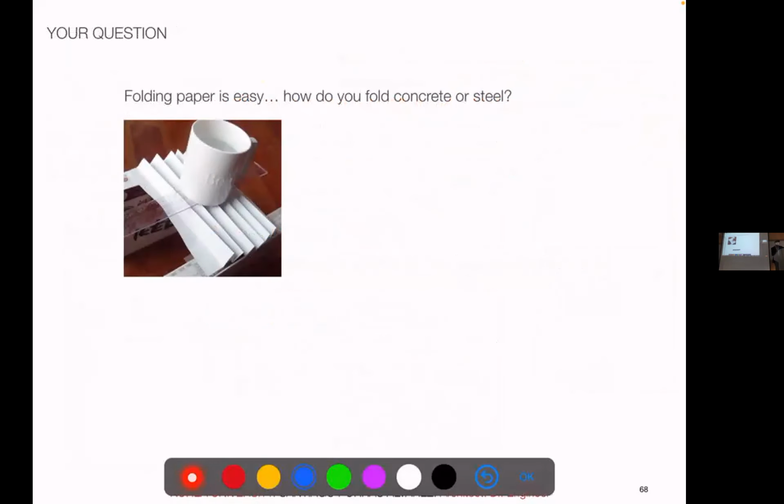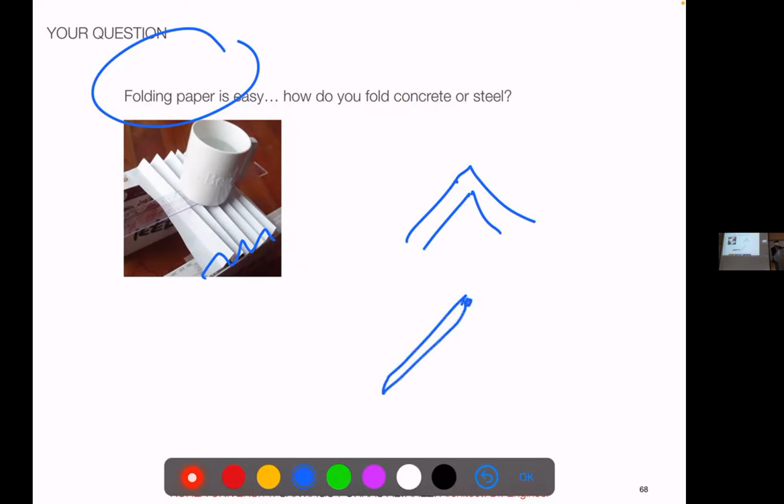Some people asked about the folding structures, right? Well, you fold paper very easily, but how do you fold concrete or steel? Of course, you fabricate it in that shape. You don't make it flat and then fold it, right? Strange question, but at very small scale you can still fold, but for full structures you will make full pieces and then you will weld them, whichever shape you want to make, right? So we call them folded because of the shape, but it doesn't mean we fold them physically. That's the result.